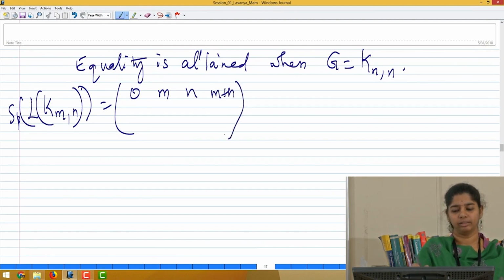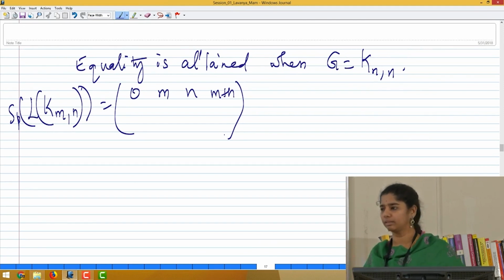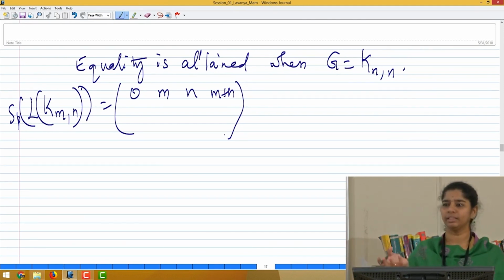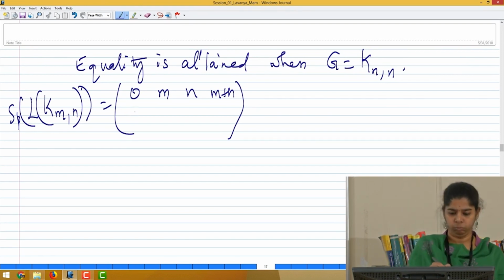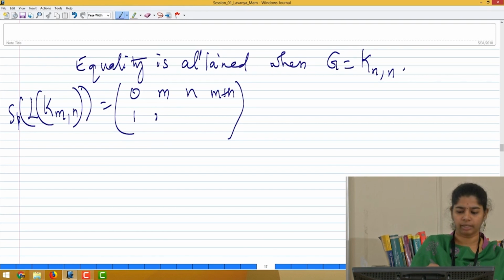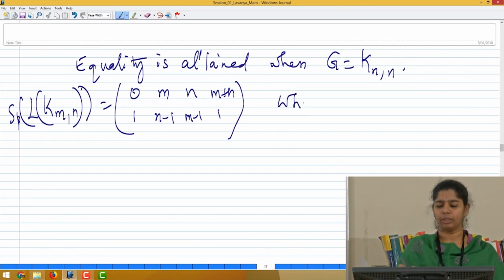M plus n is going to be maximum when both m and n are equal, and that would be twice the max degree. So, this we have seen already. So, this is of order m minus n and this. Right. So, from here we can see that when m is equal to n